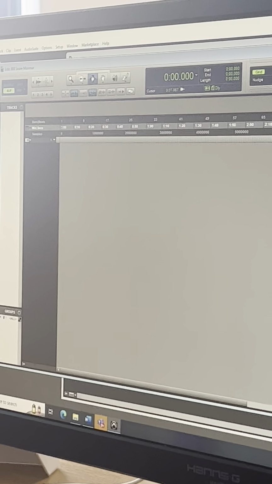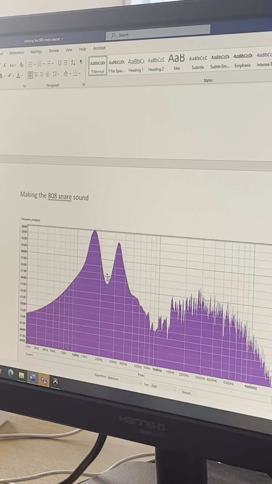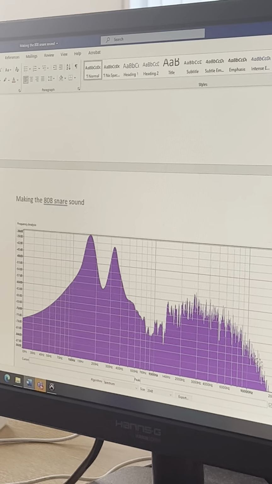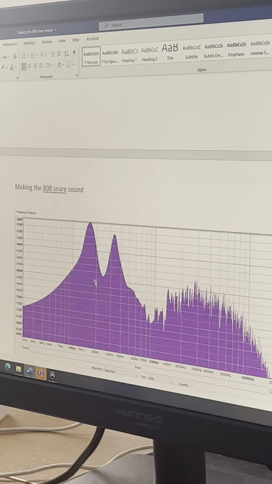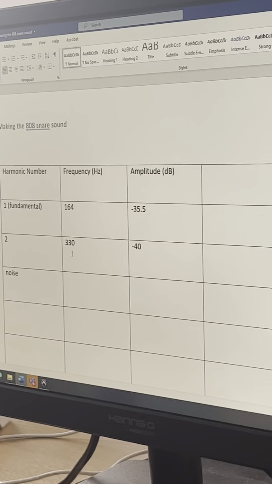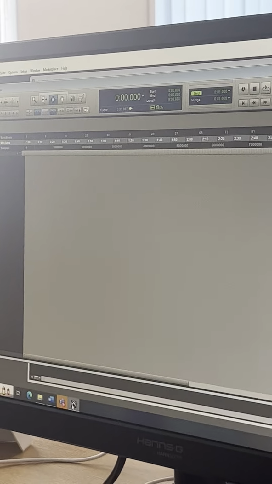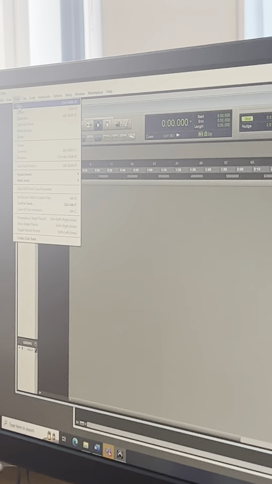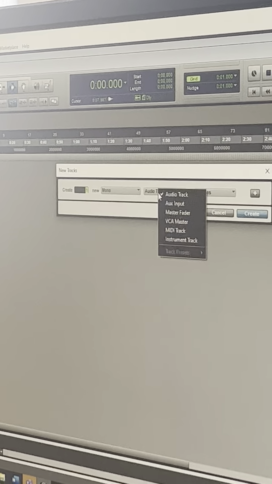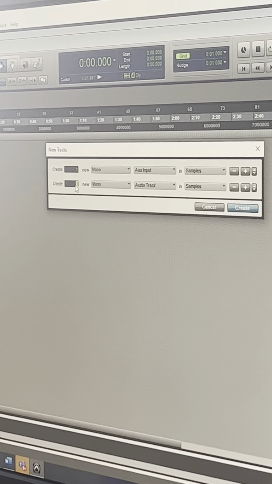And for this, we know that we need the two sine waves, 1, 2, and then we need a bunch of noise as well. The frequencies are 164 and 330. So if we go back to Pro Tools, I'm going to create a new auxiliary input plus 3